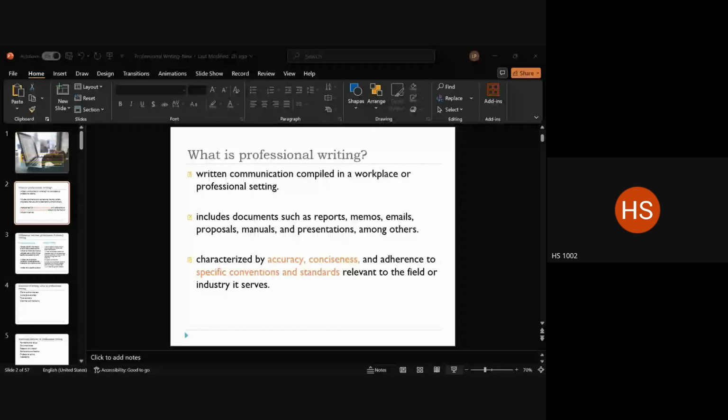Okay, then elements of writing skills in professional writing. I think we already discussed this. There are a few more things added on the slide. Of course, clarity and conciseness is a required part. Along with it, what you require is audience awareness, because I told you that this is a specialized form of writing. Your audience is not an ordinary audience. You will have a set of people who are knowledgeable in the domain you are writing about. So you need to know what kind of audience you are writing to.